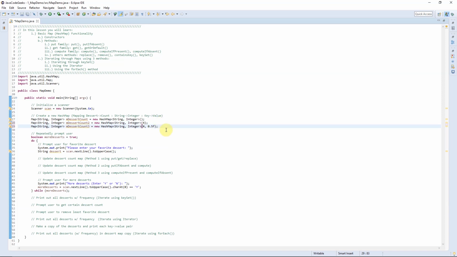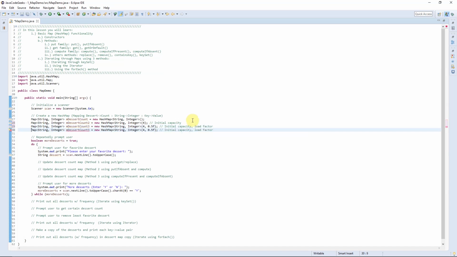Okay, so this is the constructor that we looked at in the slides. It takes in an initial capacity and then the load factor. One of the constructors just takes in an initial capacity, and then the third constructor here takes in the initial capacity as well as the load factor, as we discussed in the slides earlier. So there's also one more constructor, and we'll dive into this one a little bit later, but the fourth constructor takes in essentially another map, so something like